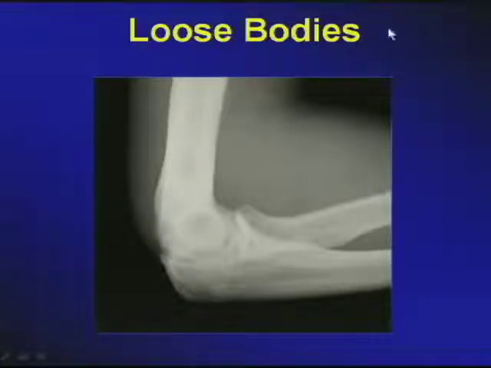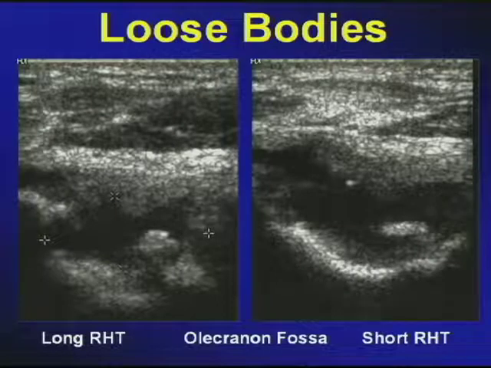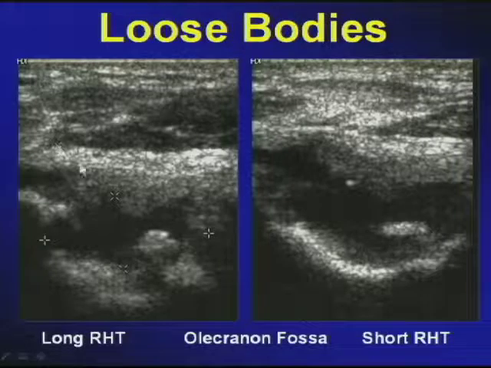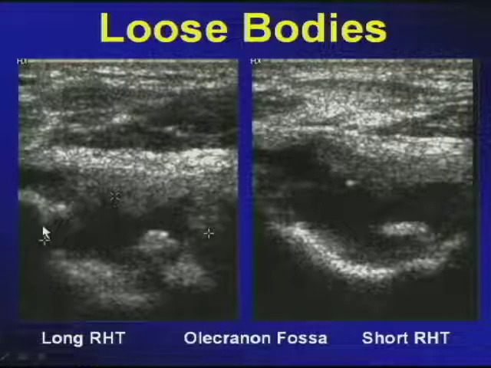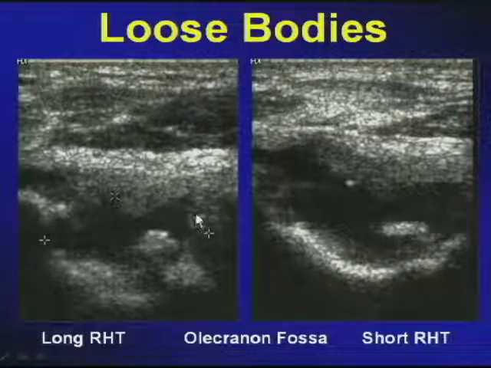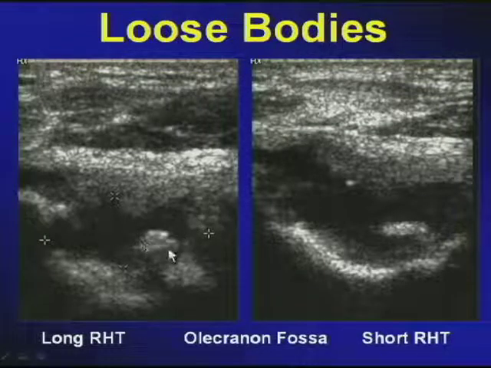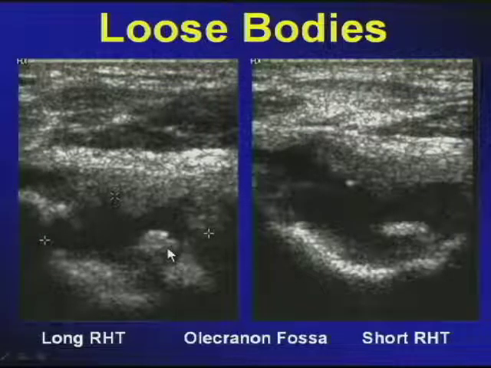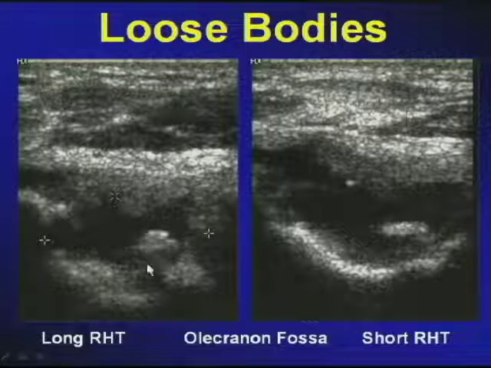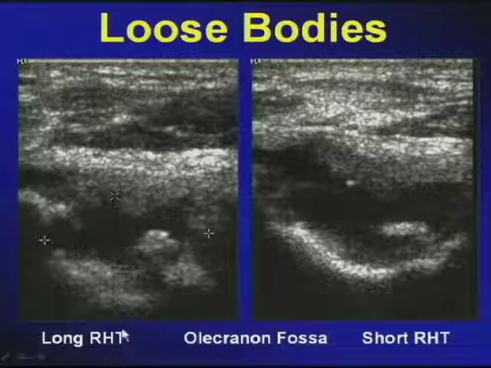For the confirmation of loose bodies in the elbow, and in our institution also in the ankle, we often employ ultrasound, because with ultrasound, immediately when you put the transducer over the areas of suspected loose bodies, you see a high level echo within an effusive olecranon fossa, and along with the high level echo, depending on the size of the loose body and the footprint of your transducer, you'll notice a posterior acoustic shadowing on long axis and